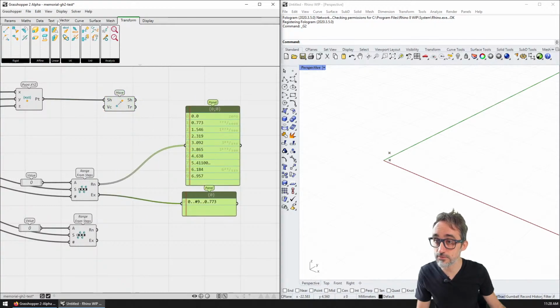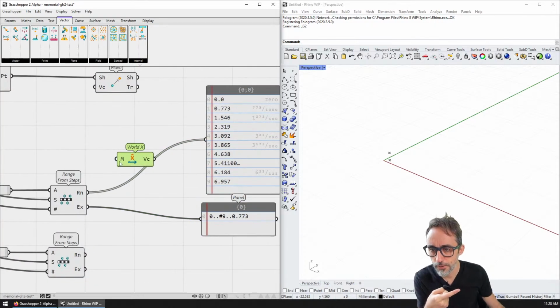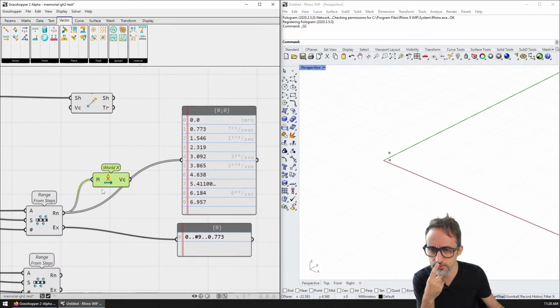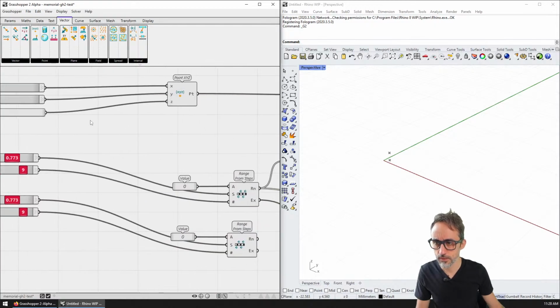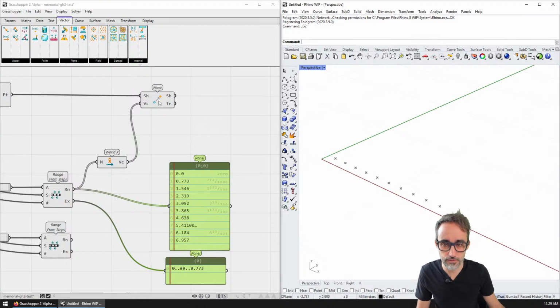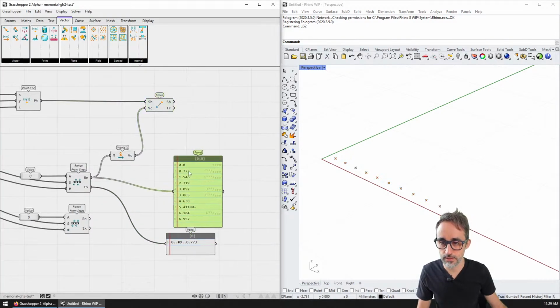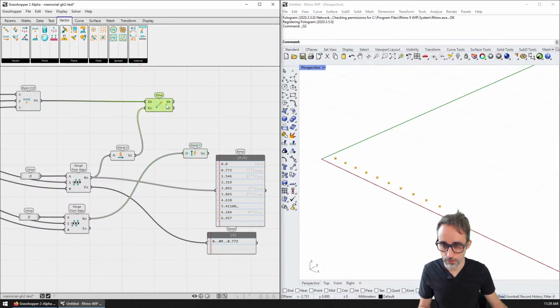So I'm going to create x vectors in the x direction. Magnitude of the vector in the x direction. So the magnitudes are going to be all of this. And then I'm going to use this, okay? So now I have all these vector points here, okay? And then I'm going to create a vector in the y direction, vector y, world y. So that's going to be this vector here, and I will move all